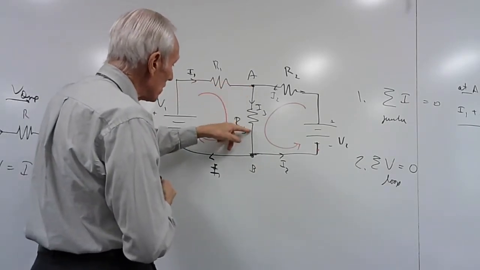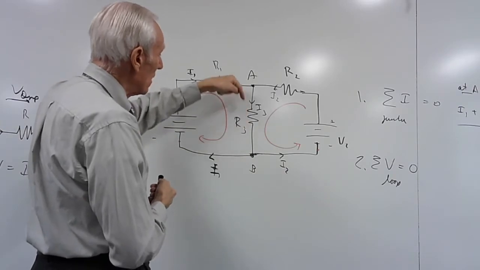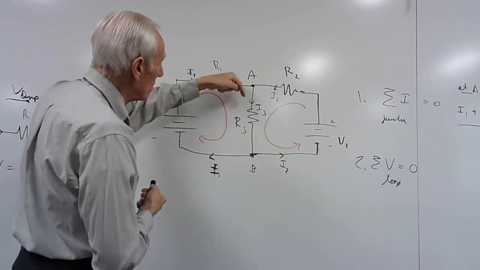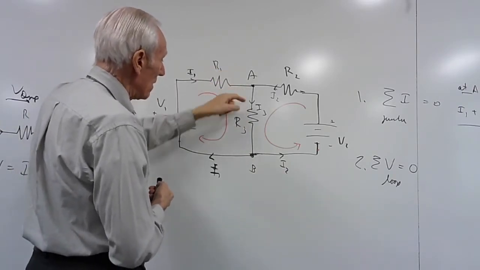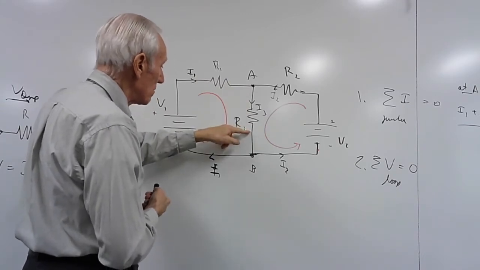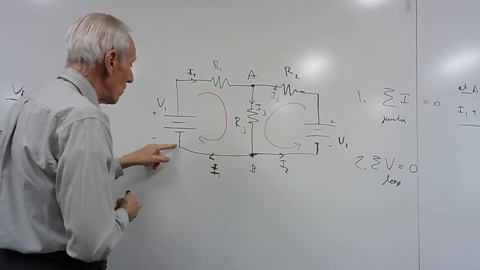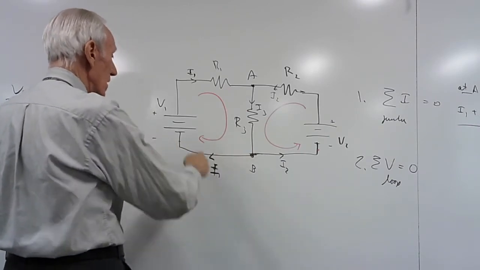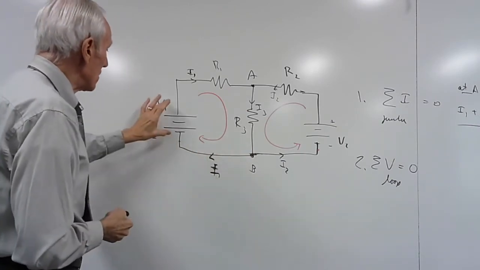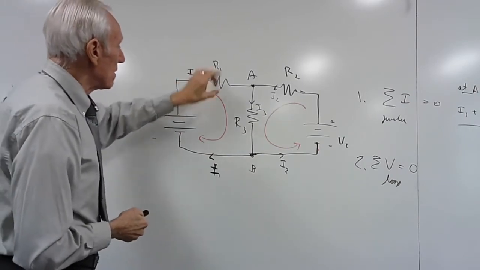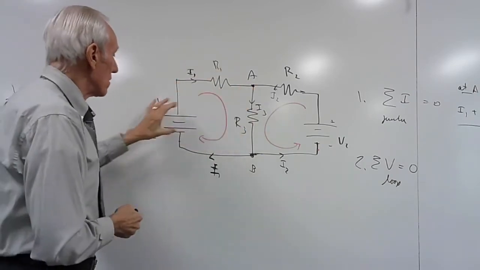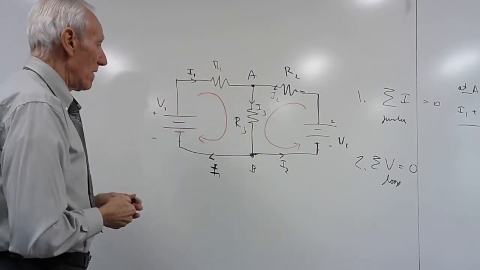Then we're going to go through this resistor in the same direction that we've decided to go through with this current. And that means there's a voltage drop across this resistor, and those two drops lead us back to this point here. There's no resistance in this wire. Therefore, the voltage increase here is lost here, and these two losses add up to that gain. So